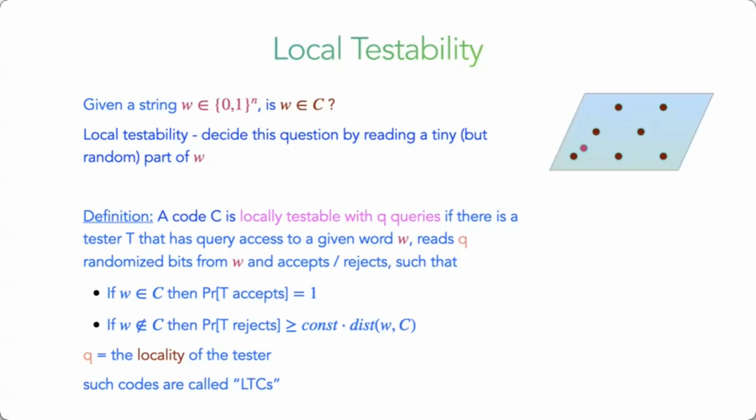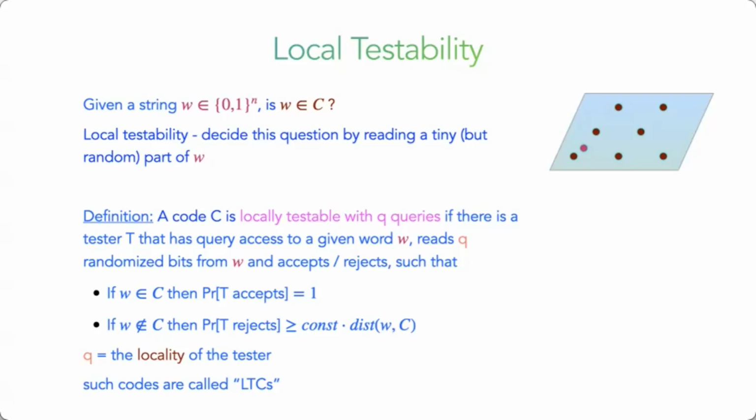So can you get any kind of error correction from here, or will you talk about that also? You're asking, suppose you have a locally testable code, does it also mean that you have an algorithm for decoding it? Generally, when you think about these objects, you expect them to also have a decoding algorithm. I don't know of a theorem that says every locally testable code can be decoded in polynomial time. I don't know that, but